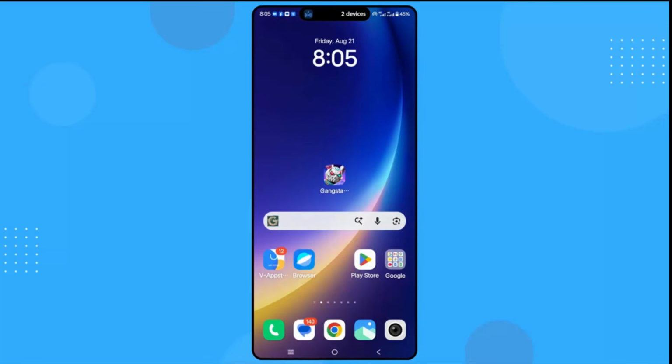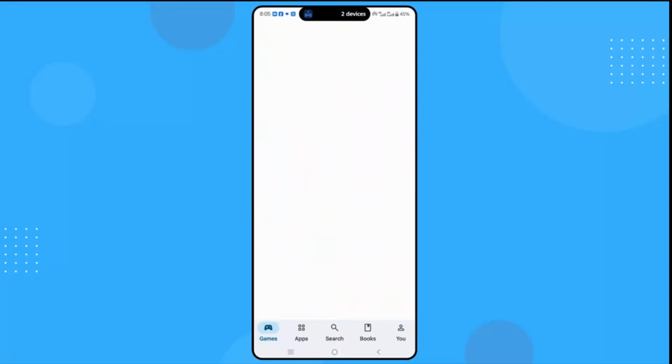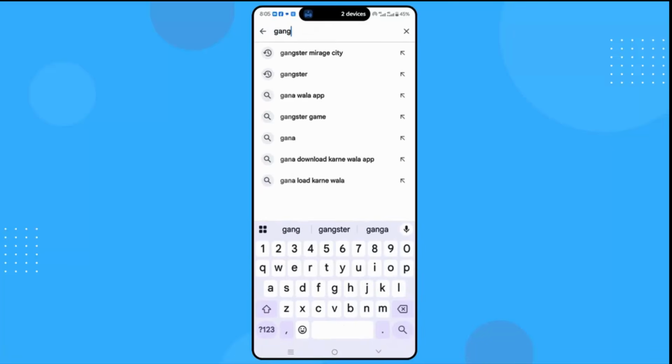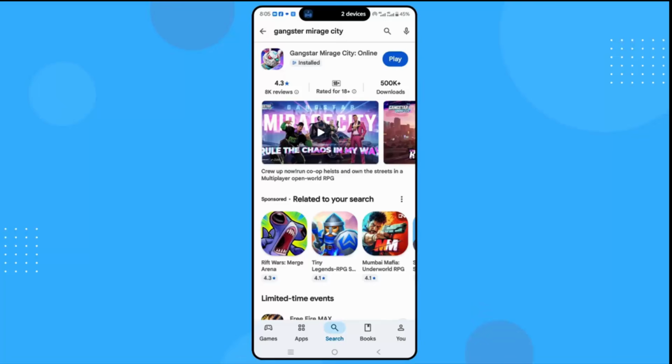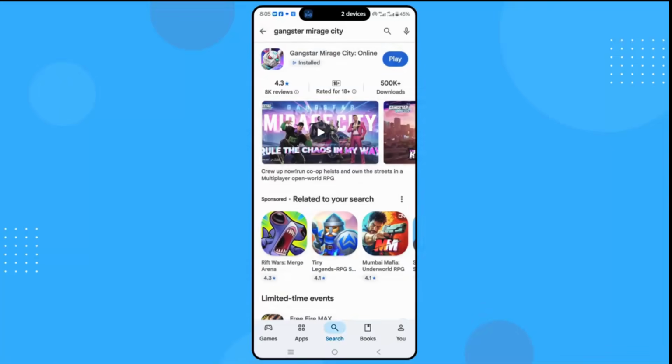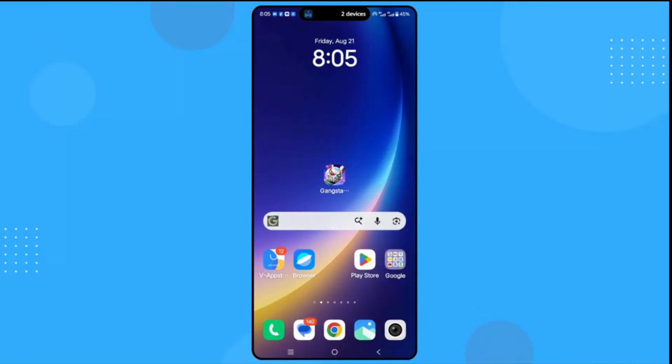Next is to check if the game needs any kind of update. For that you have to go to the Google Play Store. In the search option, search for Gangstar Mirage City, and check if any update is available. If yes, update your game to the latest version, and after that launch the game and check if the